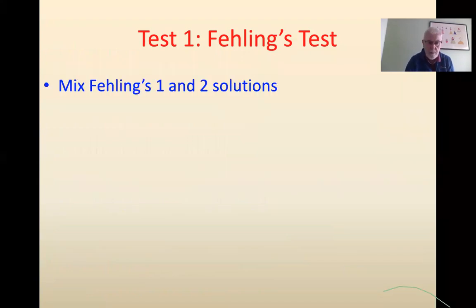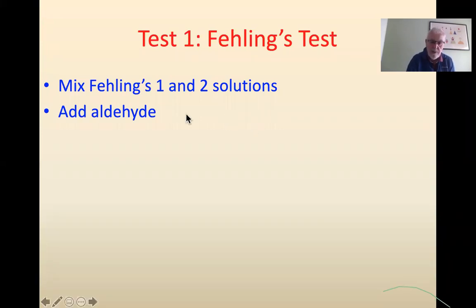How do we show that aldehydes are aldehydes? How do we test for them? Well, there are 2 possible tests you can use. One is you can mix Fehling's 1 and 2 solutions. Some people call them Fehling's A and B. Then you add the aldehyde. The reason we say we mix these is because you have to mix them and then use it pretty much immediately. Then you add your aldehyde, and of course you mix it,